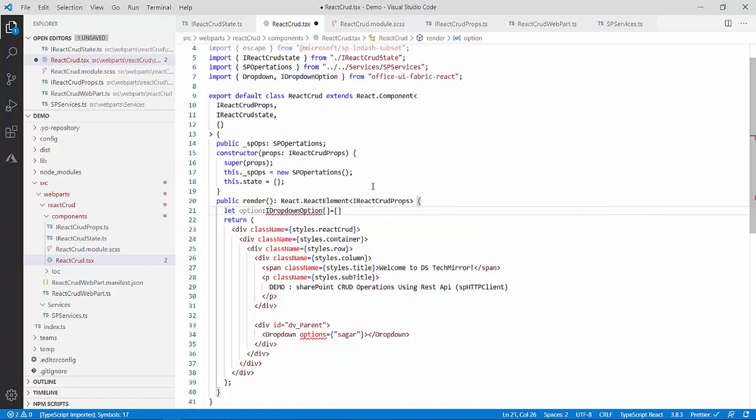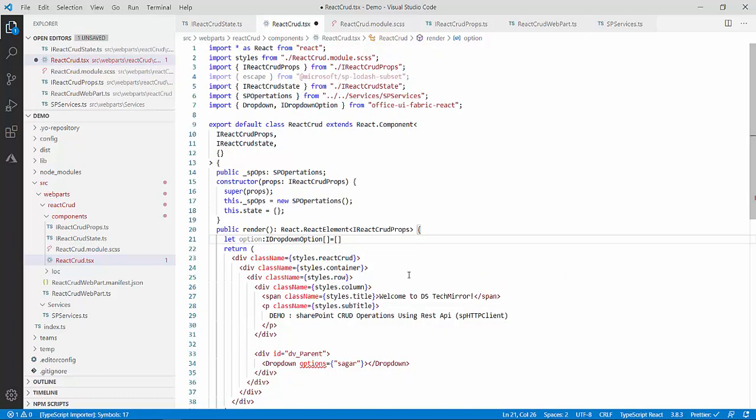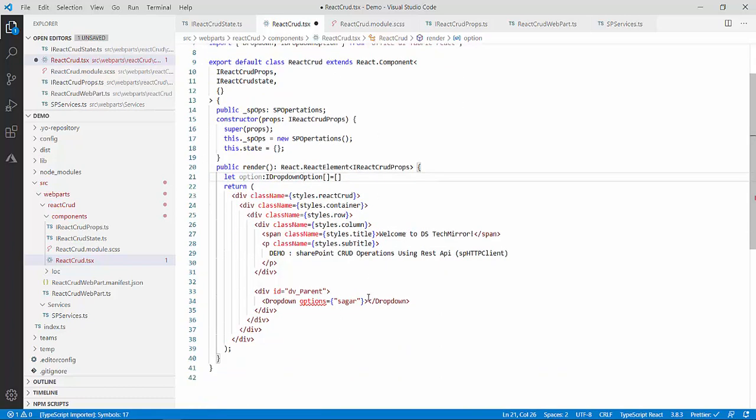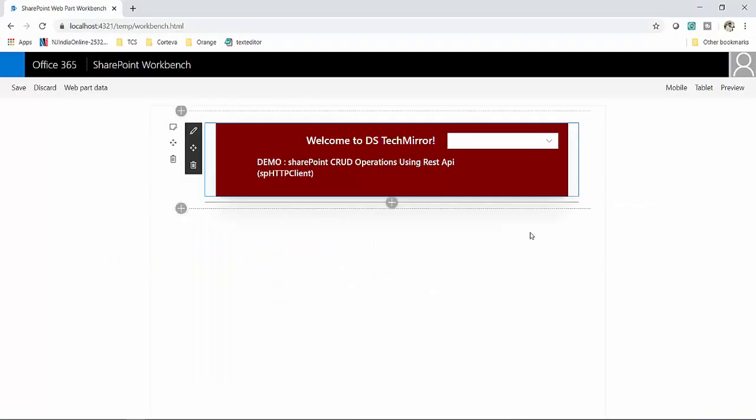In the quick fix it will show me over here, so it automatically gets added, and now I can assign it over here. So this is option inside this. So guys, this is my Office UI Fabric drop down. Over here you can see, since I have not provided any options to it, it is coming as blank.